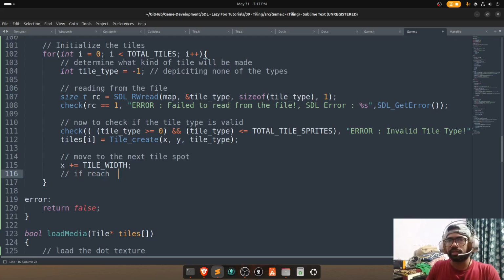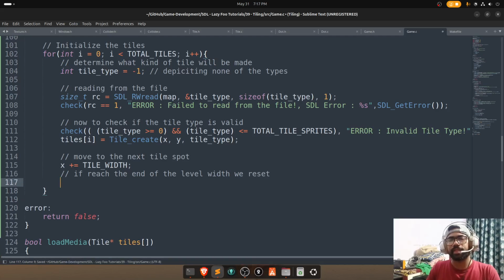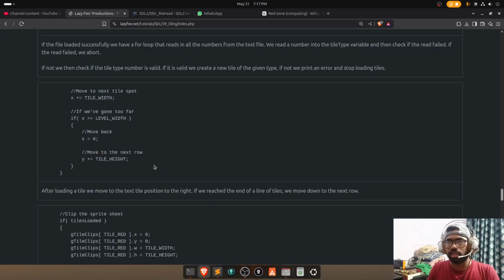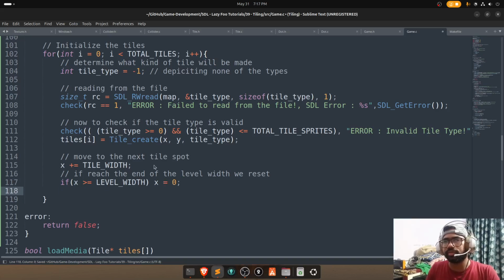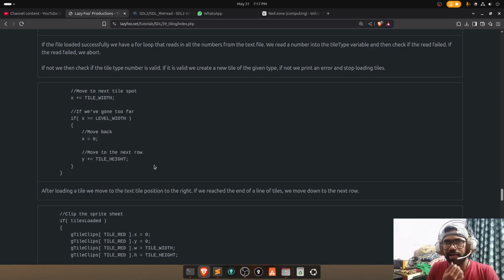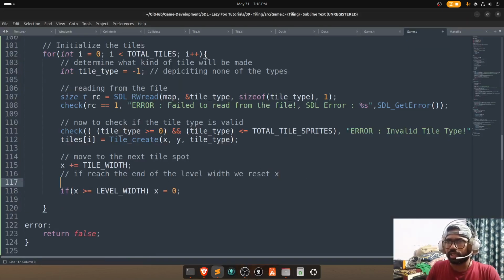If we reach the end of the level width, we reset. Right, so if x is greater than or equal to, right? Yeah, greater than or equal to level width, then we can go x equals 0. Okay, we reset x and move to the next